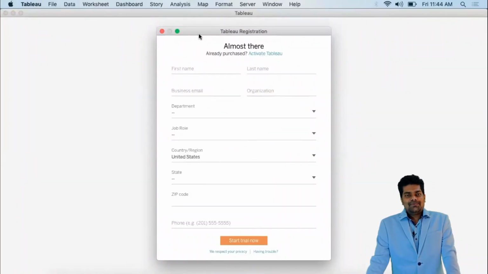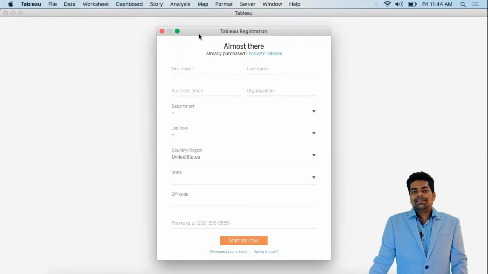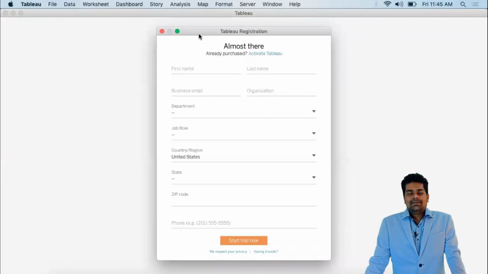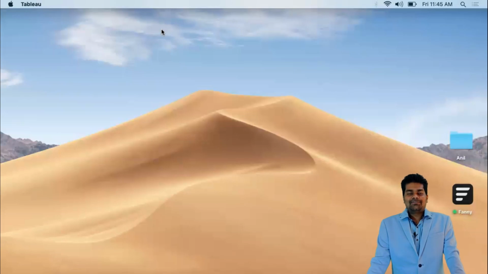If you are installing Tableau Desktop for the first time, you will get a 14-day free trial. After that, I would recommend buying a Tableau license key. I have two Tableau license keys, one for Mac and the second for Windows OS. So just apply for the trial and